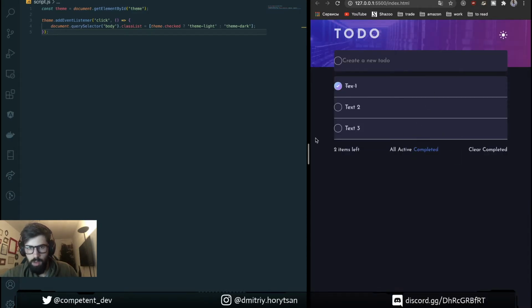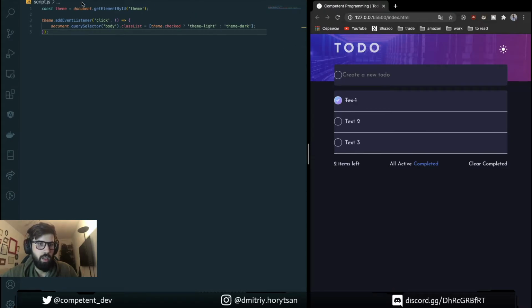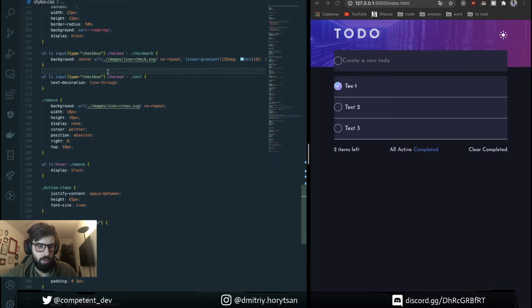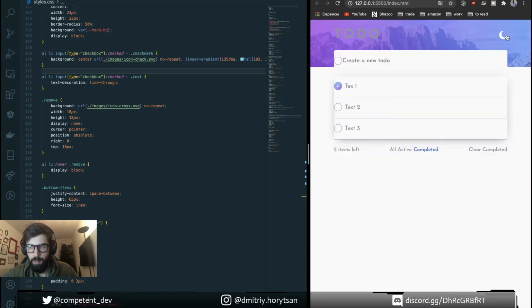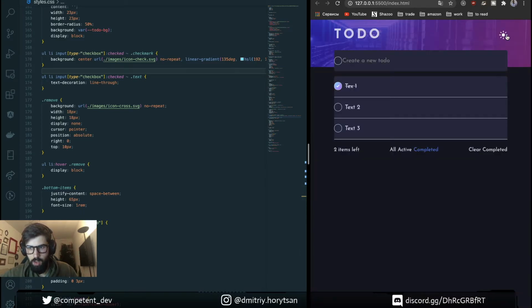This feature is working, but styles for this are a bit weird. Highlight them. Let's check it later.